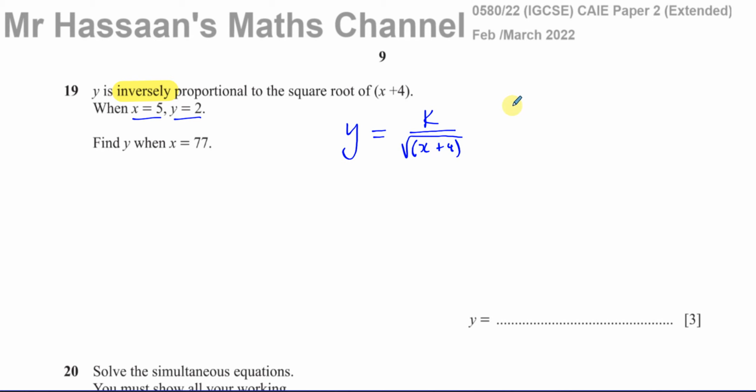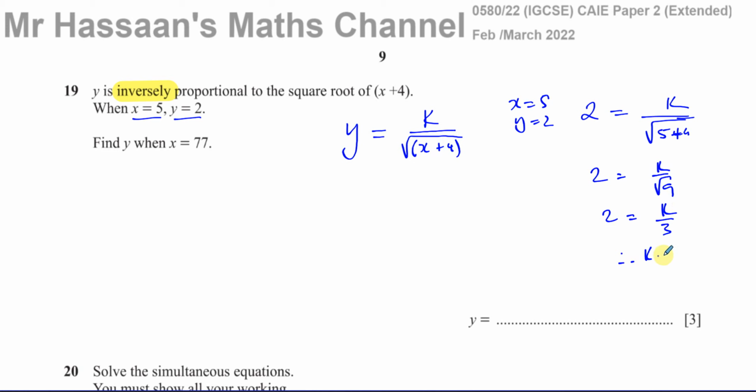So what we can do is we can say when x equals 5, y equals 2. So I can replace the y with 2, and I can replace the x with 5. So this is 2 equals k over the square root of 5 plus 4, both under the square root sign. So we can say 2 equals k over the square root of 9. So 2 is equal to k over 3. Therefore, we can say k is equal to 3 times 2, which is 6. Okay, k is equal to 6. So therefore,